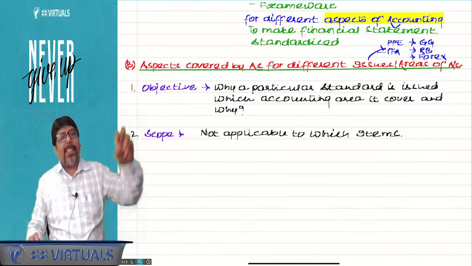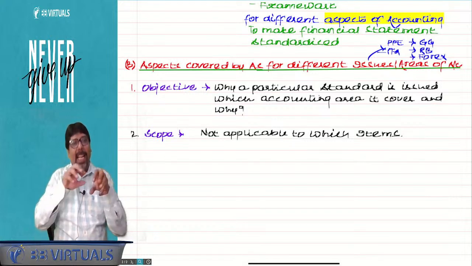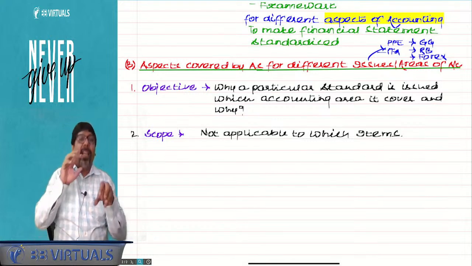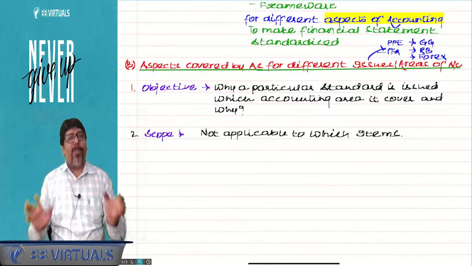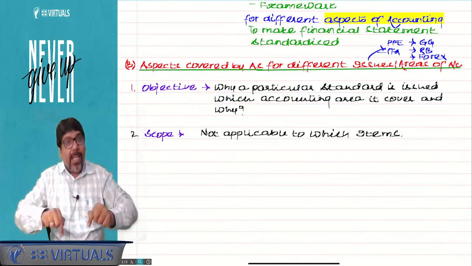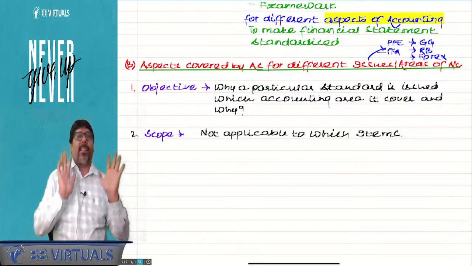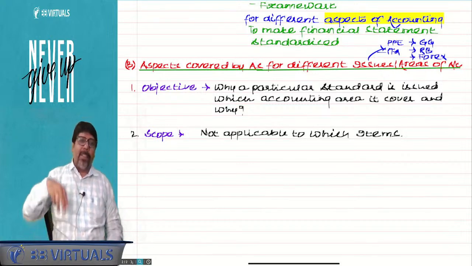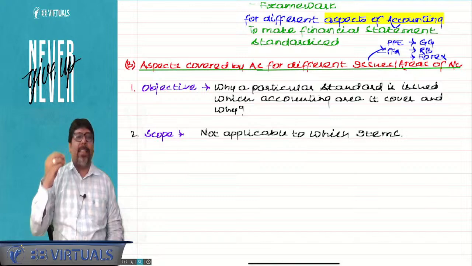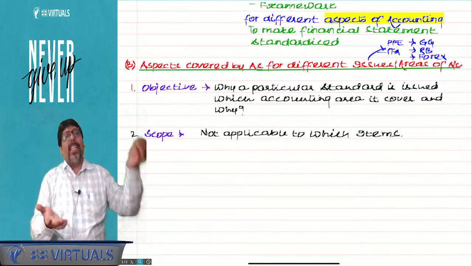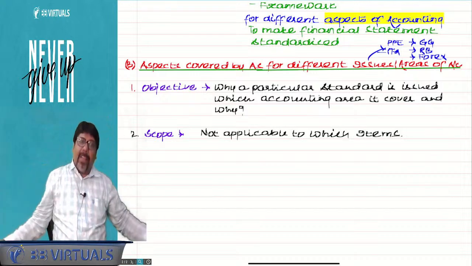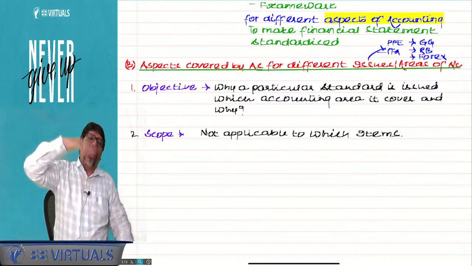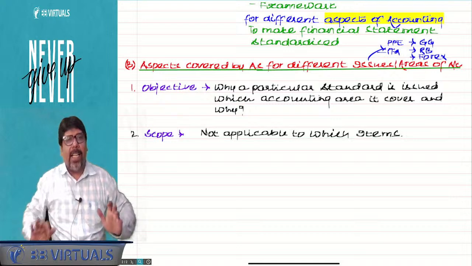Exactly. So when I say inventory, and then I say minerals, that means if minerals are inventory, they are not covered under the inventory standard. Suppose I say intangible assets and then I say debtors, that means debtors is an intangible but not covered over here. Either it is not covered anywhere or it is covered in some other standard. Am I clear? Yes or no?